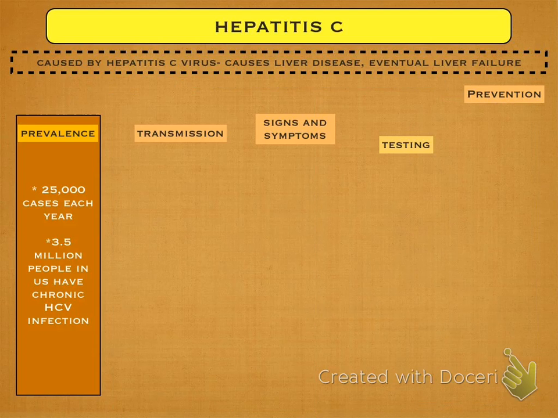I need to do some research on that and find out why they're not requiring it. There's got to be a reason. There has to be a reason, but for the life of me, when you see how it's transmitted, and you know that it's easier to get than HIV, and look at how many people have it, how can you look at that statistic and say we don't all need to get it?